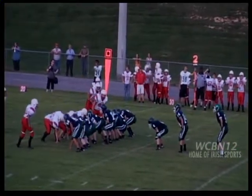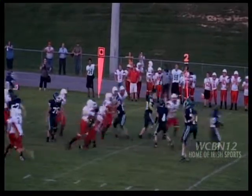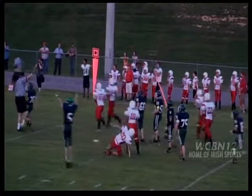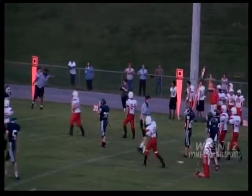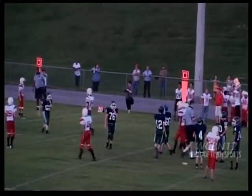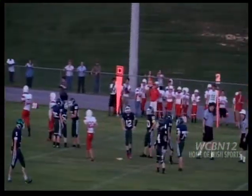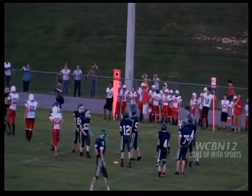So 2nd down for the Irish. And we're going to go back to the pass. And there's the pass downfield. He's open. And we got a flag. The pass is complete. It's going to be close to the first down, but it's going to be just a little shy. But the flag is